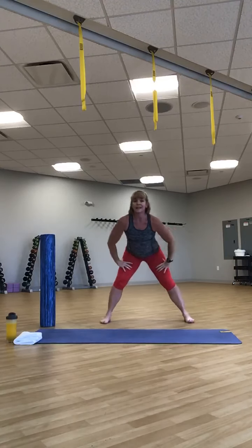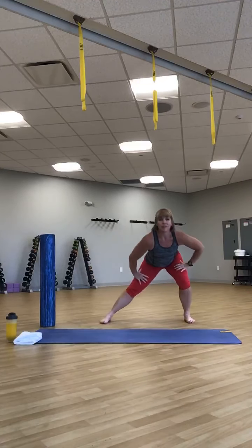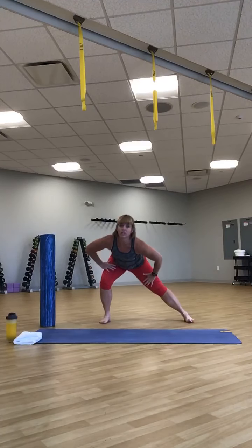Take it to one side and the other. One side and the other. Push your seat back. You should feel this stretch in the insides of your